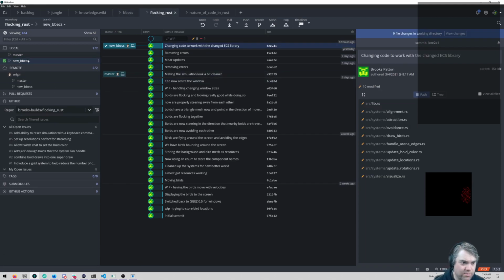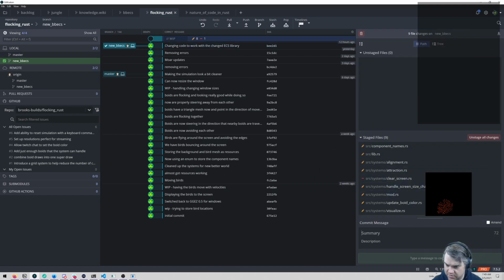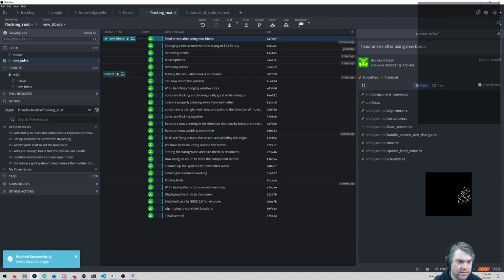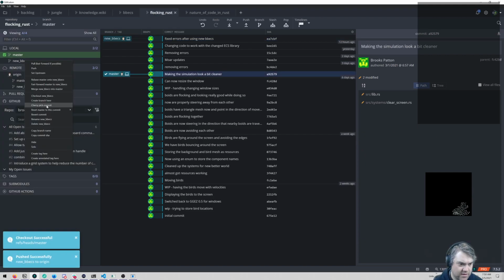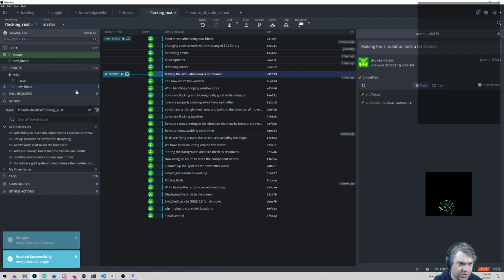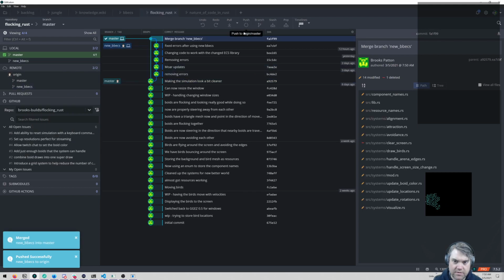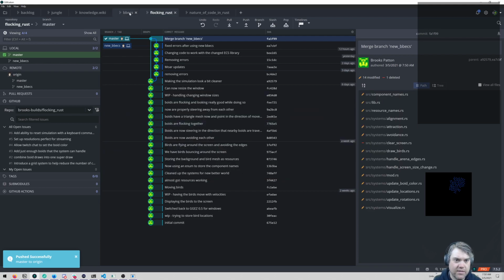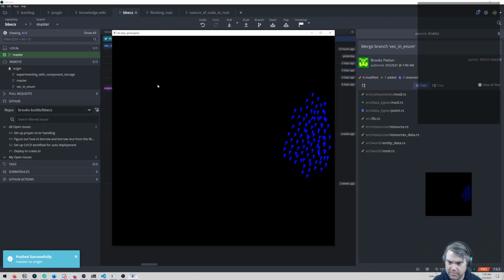Flocking Rust. Okay, so we also have made a lot of changes. So: fixed errors after using new ECS. Back to here and merge you in. Okay, so everything should still work. We're in master on both of them.